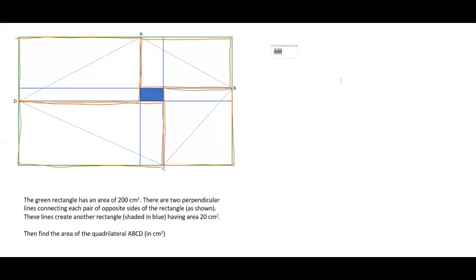or let me make the font size a bit bigger. If we add the areas of these four orange rectangles, let's say, we have 200 minus 20, which is 180, isn't it? Oh, that got calculated automatically. I didn't notice that. Anyhow, so if you add the areas of these four orange rectangles, you get an area of 180. The unit is centimeter square, so I'm not writing the unit again and again.